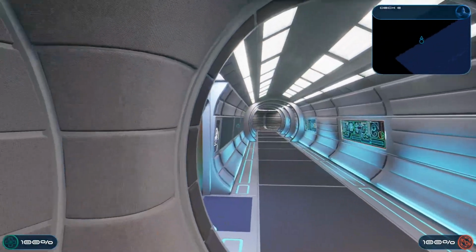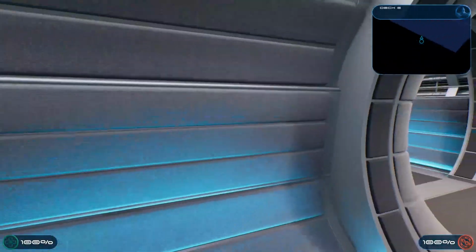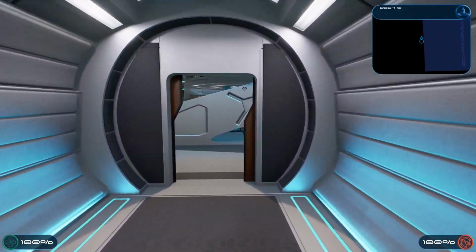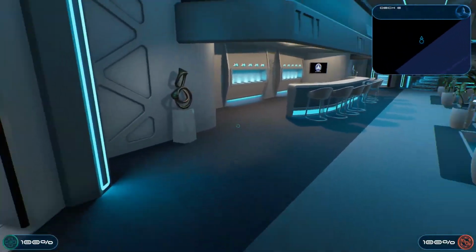Not a lot to check out, no map, unfortunately. There's a couple of lounges on the side that you can't actually go into, they're locked. Really the only thing you can check out over here is a new bar, which is pretty awesome, a pretty cool place to hang out. You can come in and...